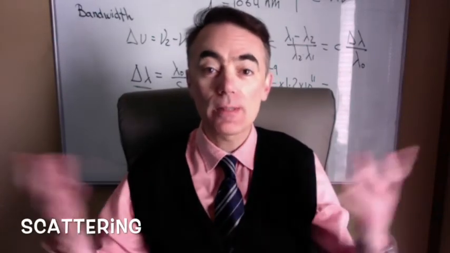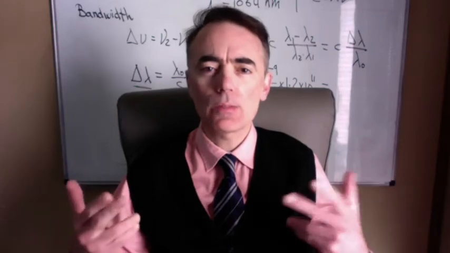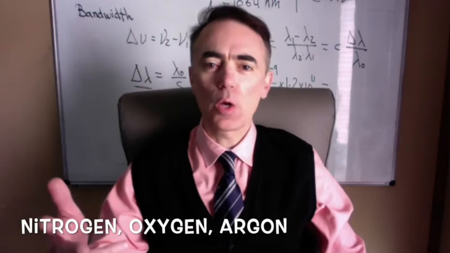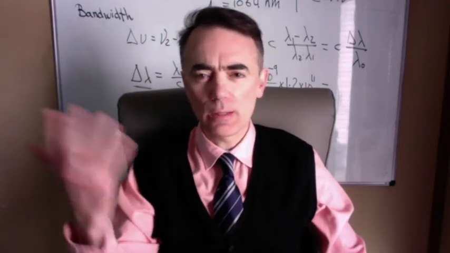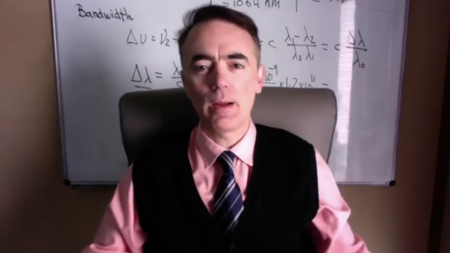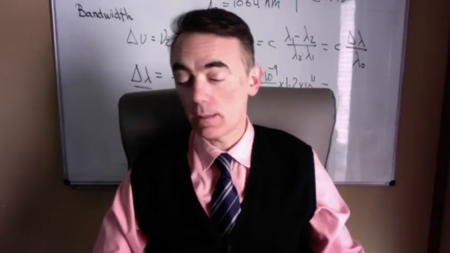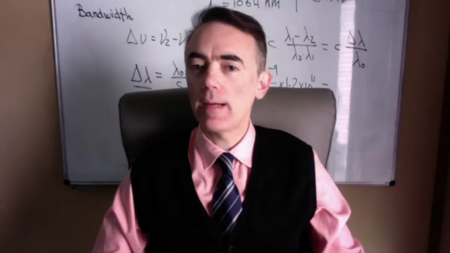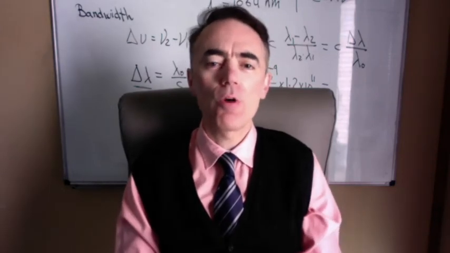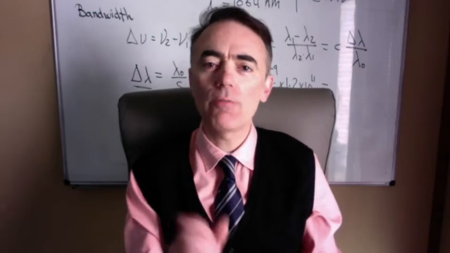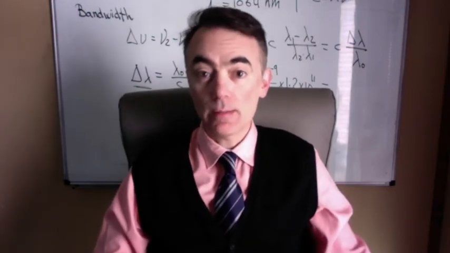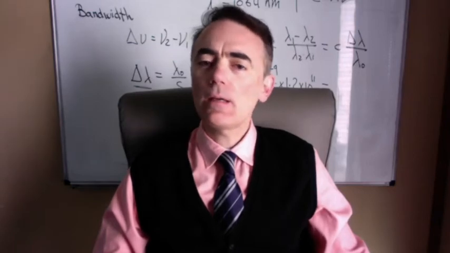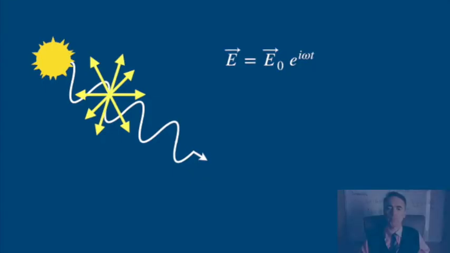Light coming from the sun is white, but it interacts with the molecules in the atmosphere: nitrogen, oxygen, argon, and some dirt too that Homo sapiens have thrown up there by burning coal and gasoline. Light coming from the sun is white and unpolarized. That light interacts with those molecules, but the magnitude of the interaction is different depending on the wavelength of the light. Consider an incoming electromagnetic wave